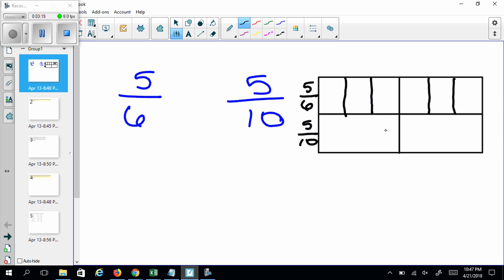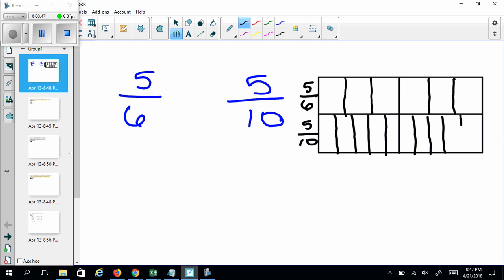This side is going to be 5, and this side is going to be 5. Okay, so I'm going to draw as best as I can fifths. 1, 2, 3, 4, 5. I'm going to fix this just a little bit because that wasn't exactly what I wanted. So that's close enough. And then I have 1, 2,